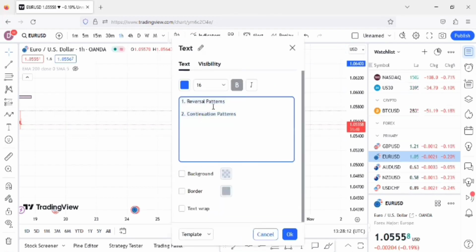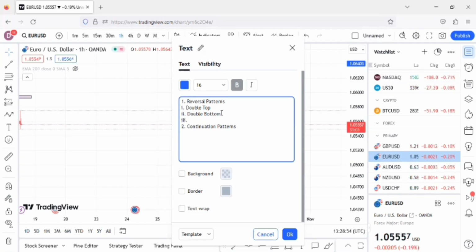And they are: 1, we have double top. 2, we have double bottom. 3,